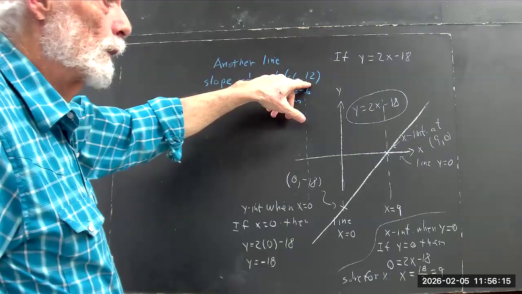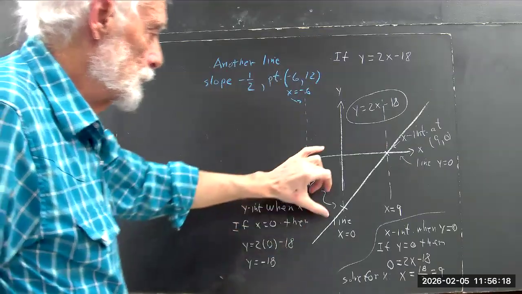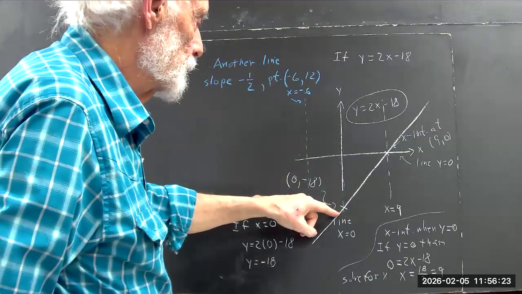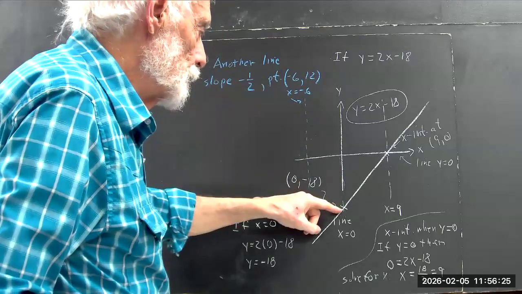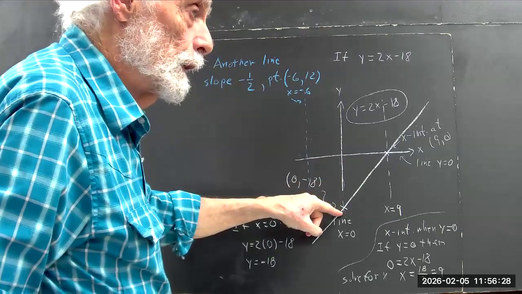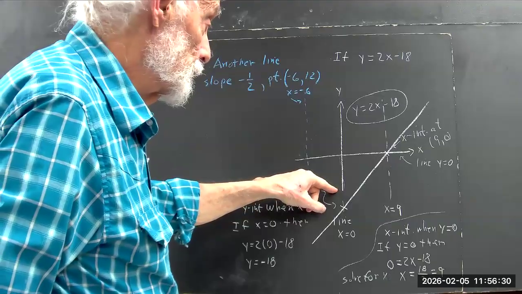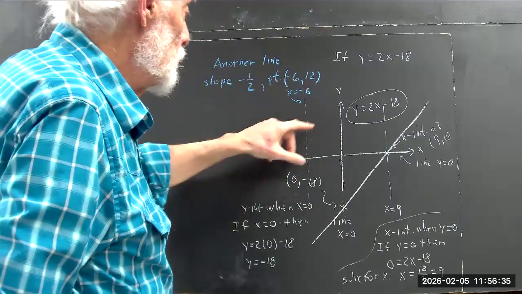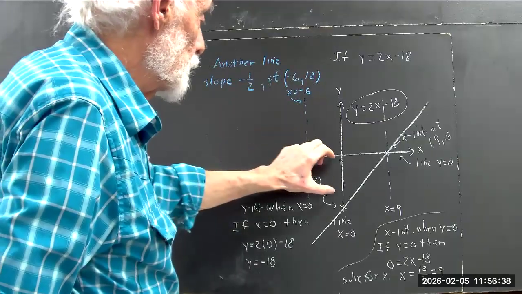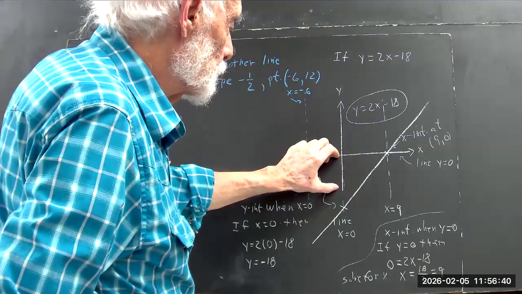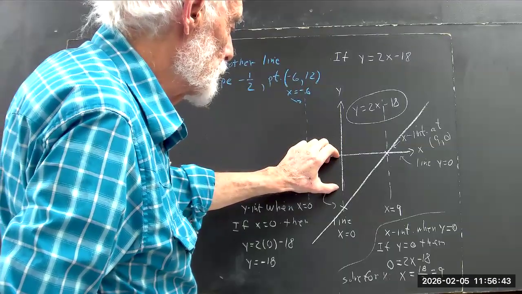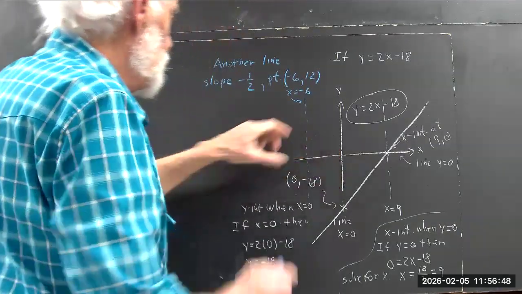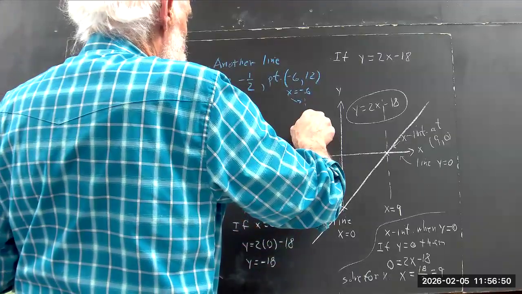12 is the y-coordinate. Well, we see how far 18 is below 0. From the origin to 0, negative 18 is 18 units. We go about 2/3 of that distance. But since this is positive, 2/3 of 18 is 12. 12 being a positive number, it's going to be 2/3 of the distance from the x-axis down to the y-intercept, 0, negative 18. It's going to be above the x-axis, so I'm plotting a point